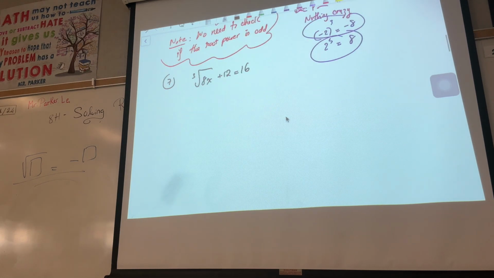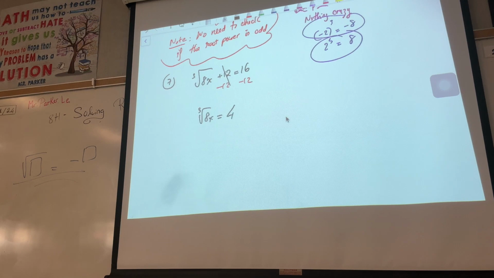All right. Who wants to reach one? Sabrina, let's go. Very good. Subtract 12. Because Sabrina saw that the 12 is outside, so she's gonna take care of that first. So this is gone. So cube root 16 minus 12 is